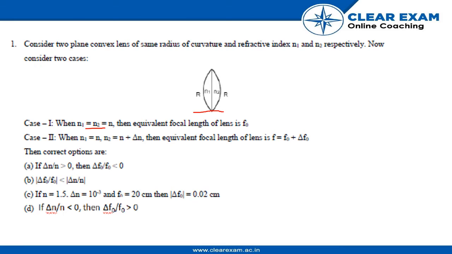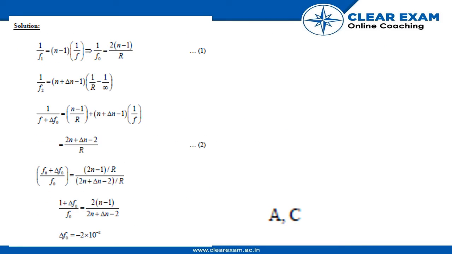Case 1 is when n1 equals n2 equals n, then the equivalent focal length of the lens is f0. Case 2 is when n1 equals n and n2 equals n plus delta n, then the equivalent focal length of the lens is f equals f0 plus delta f0. Now the answer is